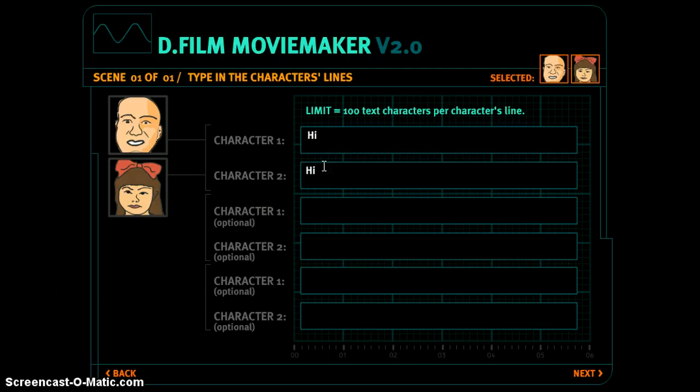Of course, when you do find that this is how the scene is supposed to be shown to you, it's going to be blank. But because I have tried this recording before, the writing is still there. Anyhow, this is the first hi I'm going to write, and then the second hi, and the first character, who is the man, is going to ask the lady or the girl, how are you? And then the lady is going to answer, fine, thank you. And then he's going to ask her back,